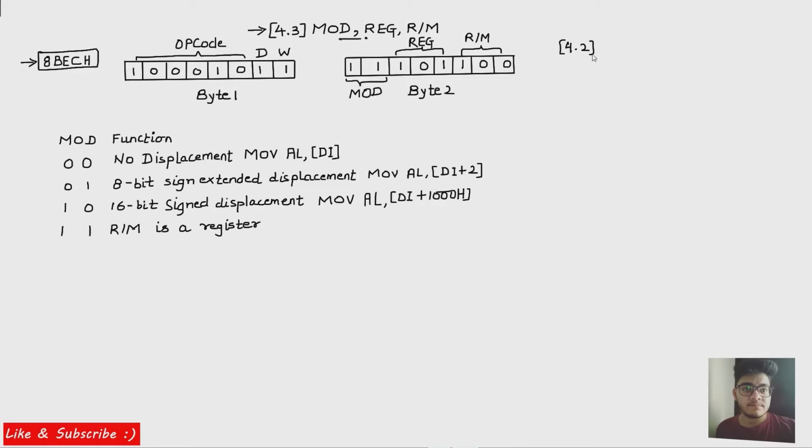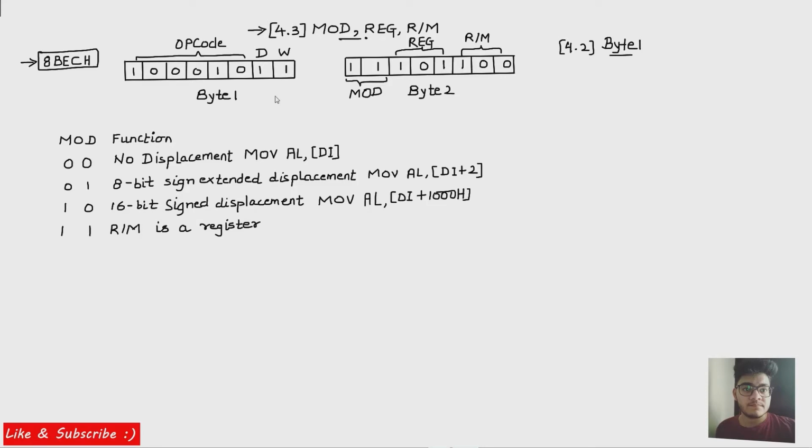Byte 1 we have already covered in section 4.2, right? So first understand byte 1 and then come to this tutorial if you haven't studied it. Simple thing: the opcode we can tally from the table, and W tells us whether the registers inside the instruction contain a word, a double word, or a byte. So basically it tells whether the register is 8-bit, 16-bit or 32-bit.